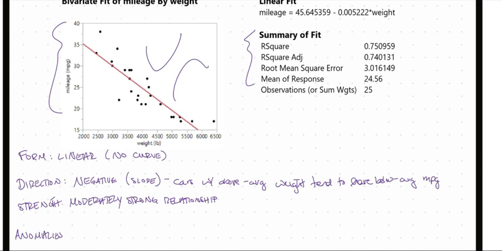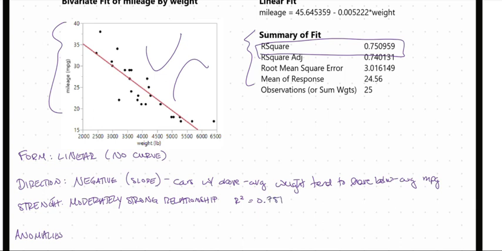We can support this numerically, and so there are three things that we will look at. We're going to look at the r squared, we're going to look at the correlation coefficient, and we'll look at this mean squared error. The r squared is provided up here in the summary of fit. Our r squared is